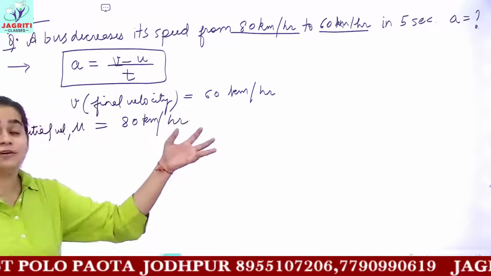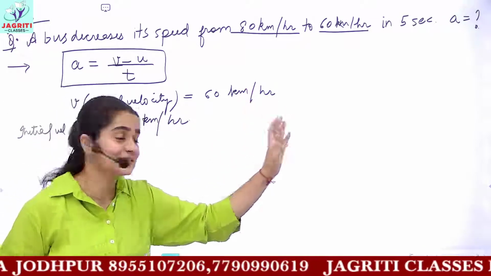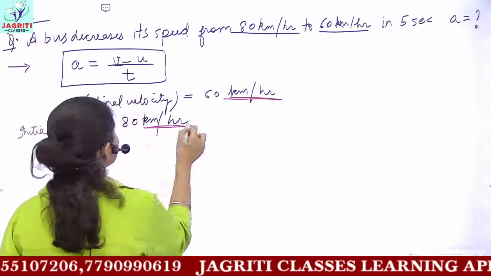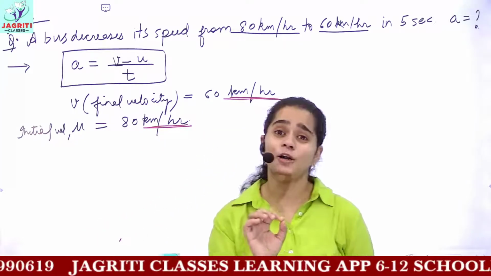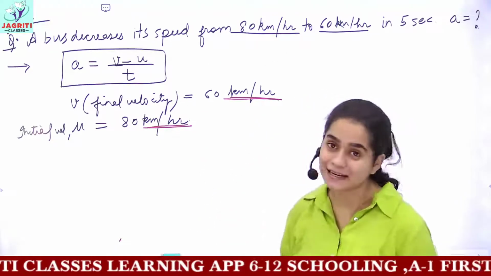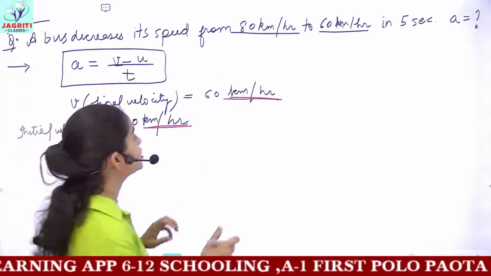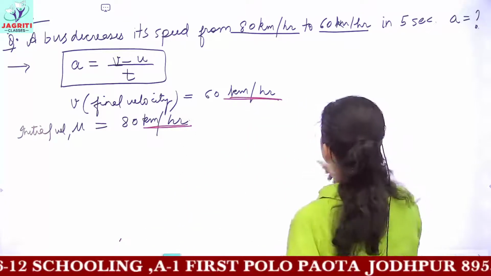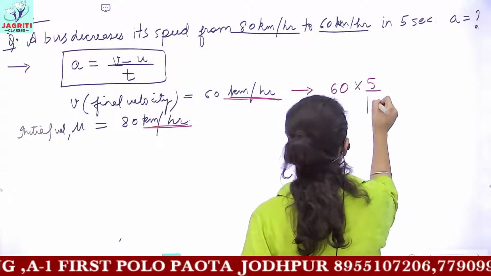So these are the given values, but if you see, these are not given in SI units. They are being provided in kilometers per hour, whereas the unit of velocity is meter per second. In the previous video lesson, I already told you a trick to convert kilometer per hour into meter per second. The trick is you have to multiply the given value with a fraction. If you need to convert 60 kilometer per hour into meter per second, we'll multiply this 60 by a constant fraction,